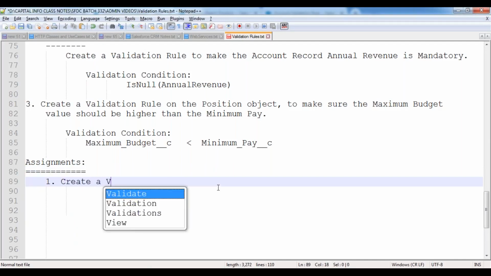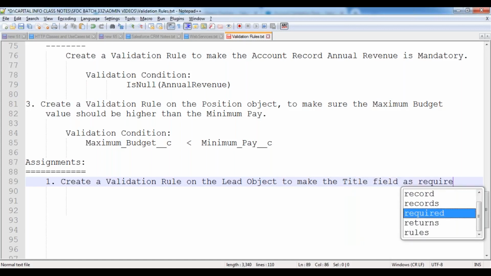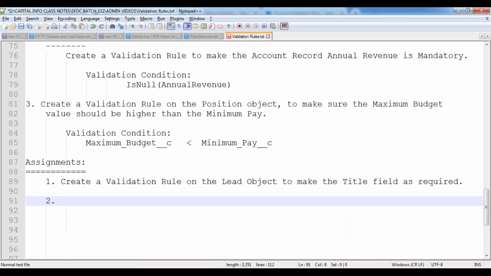First one: create a validation rule on the lead object to make the title field required. I want to make the title of that lead mandatory.